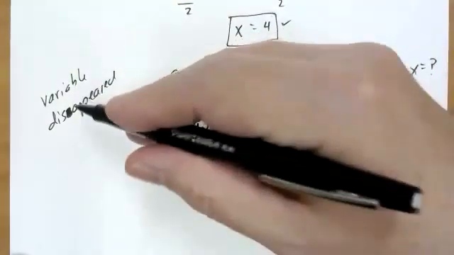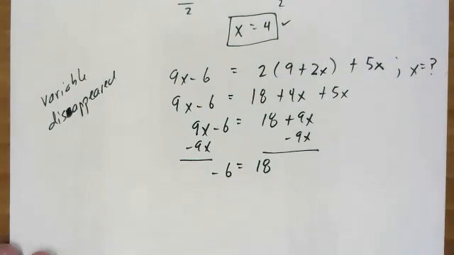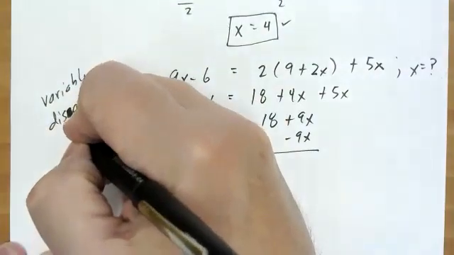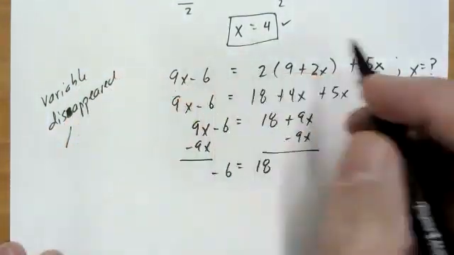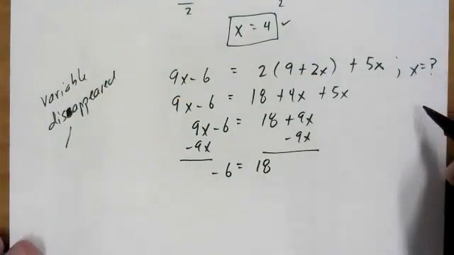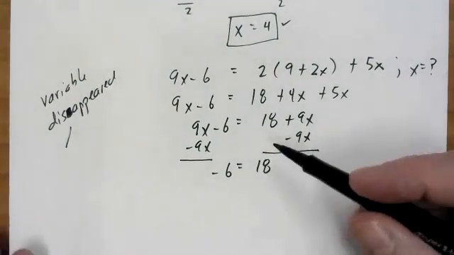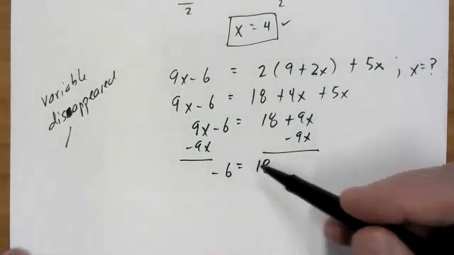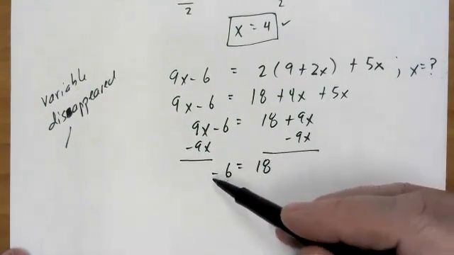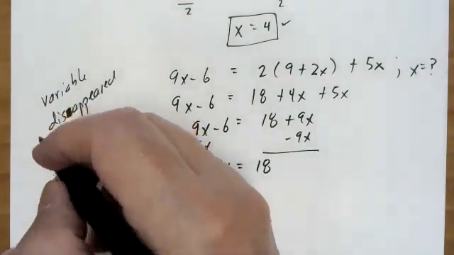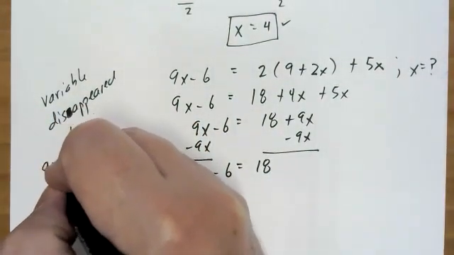Now, if this does happen, then you have to ask a question, and the answer to this question will determine then what your solution is. And here's the question. So you're working along, next thing you know, your variable's gone, and you're just left with two numbers on either side of the equal sign. The question you have to ask is,